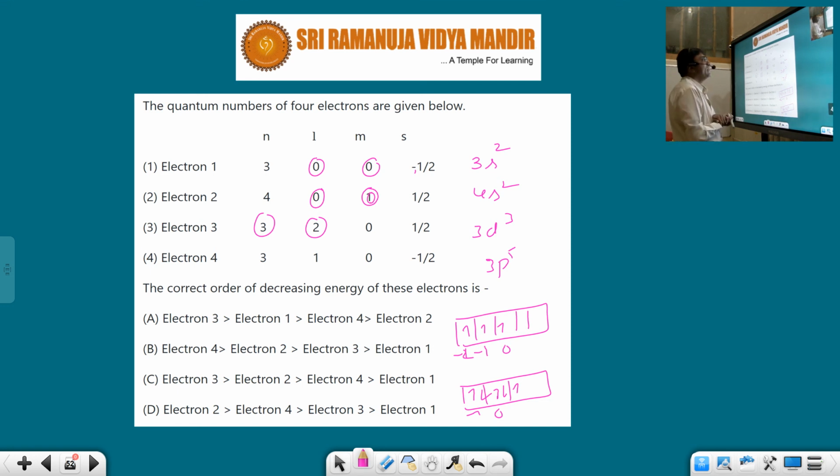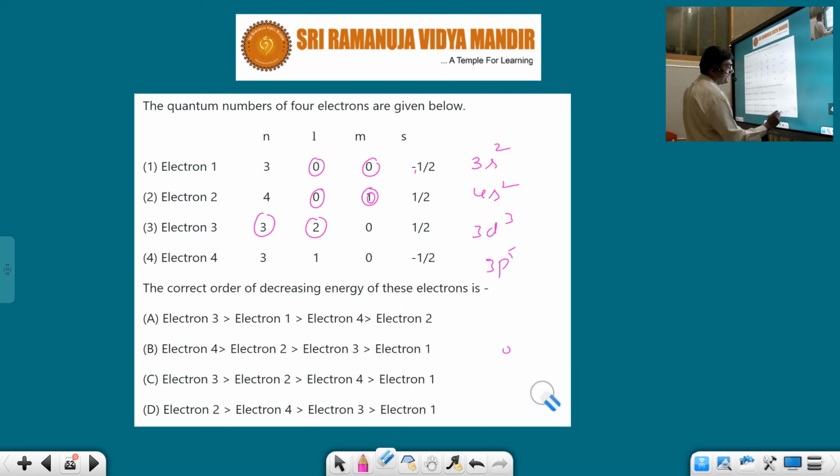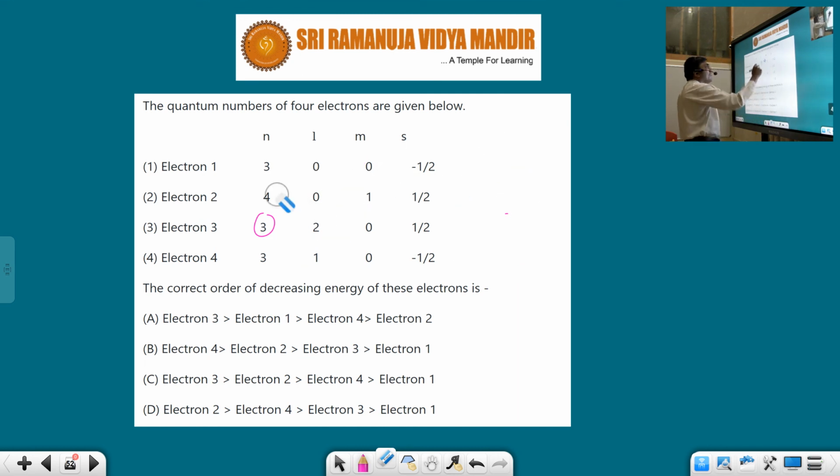You know the Aufbau principle. Agreed or not? Have you understood how to write? I'll explain again. If you want, just check it once. Just have a cool head and listen. Now, first of all, you write which electron is the last electron. The n value is 3. The l value is 0. For an s orbital, the m value will be 0.